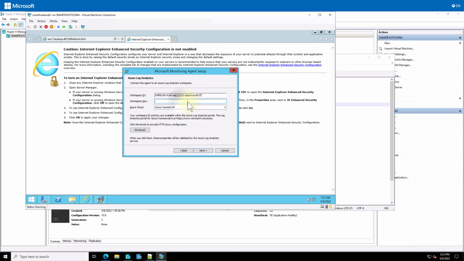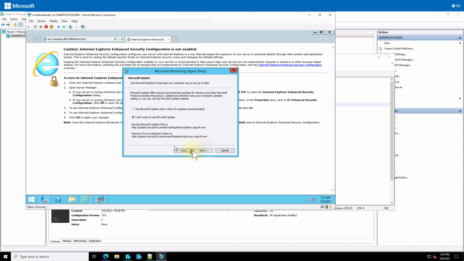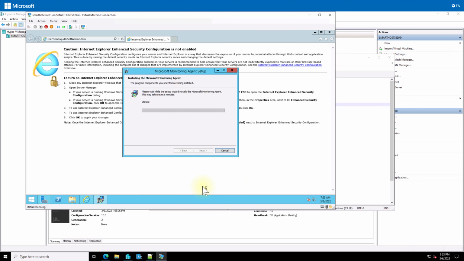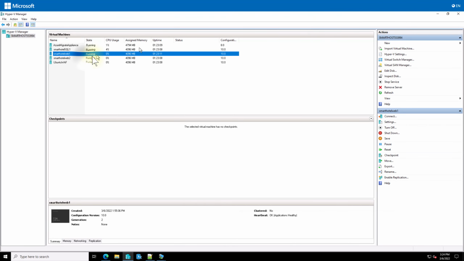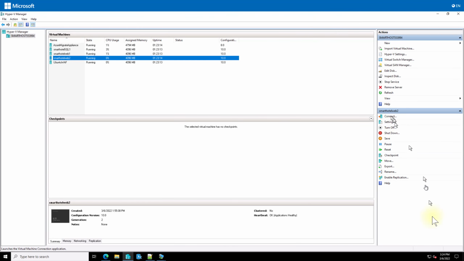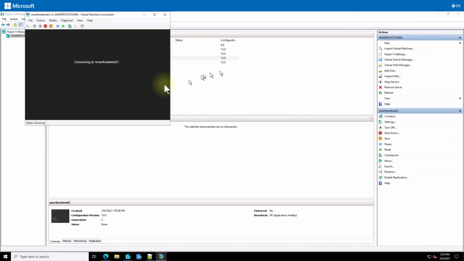Oops, sorry. And it will be Azure Commercial. If you need to configure some HTTP proxy, etc., please go there. And I don't want to use Microsoft Update just to speed up installation. In real life, please use the updates, etc. And the first machine mostly will be ready, but after that we have to install the dependency agent. Let's go to the second machine until installation is going there. On the first machine,